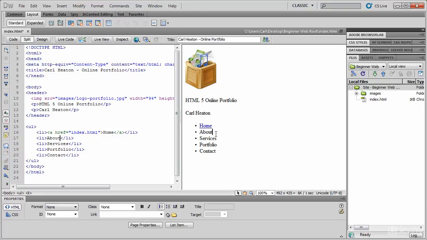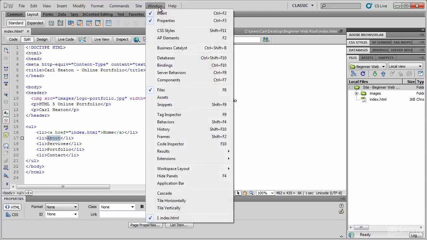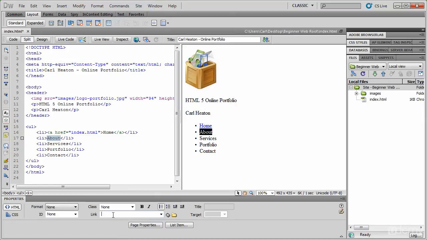But I'm sure there's an easier way to do it, and there is. So highlight about, and then just move down to the properties bar here at the bottom. If you can't see the properties bar, go to window, and then you'll see properties just here, the second one down. Okay, so back. We've highlighted about, and then we just go to link, and we put in about.html. Wow, that was easy. Highlight services,